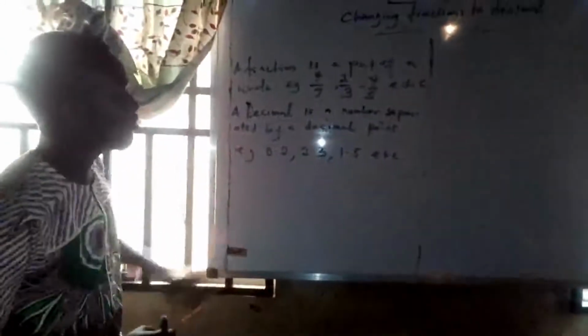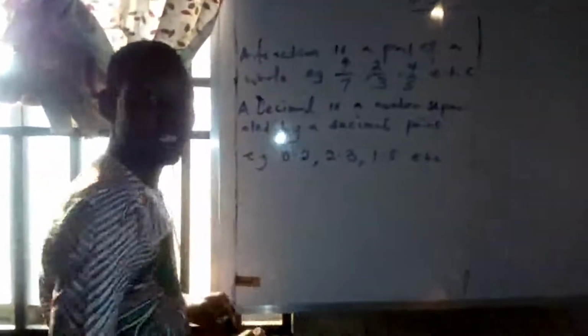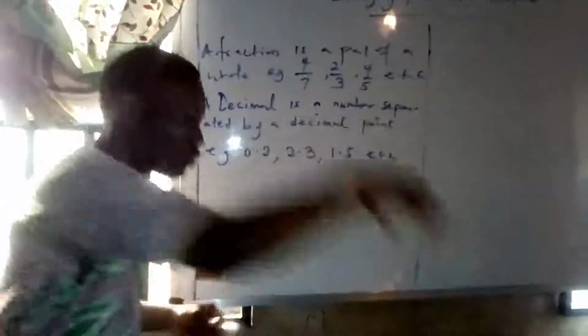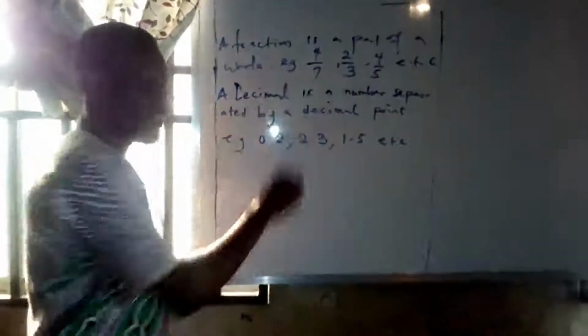What is a decimal? A fraction is a part of a whole. Example, 4/7, 2/3, 4/5. We have two parts in the fraction: the top part, which is the numerator, then the bottom part, the denominator. When you take a portion of the total number, which is 7, if you take a part of 7,